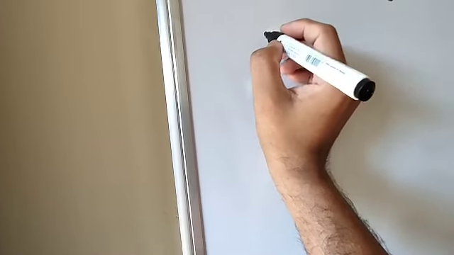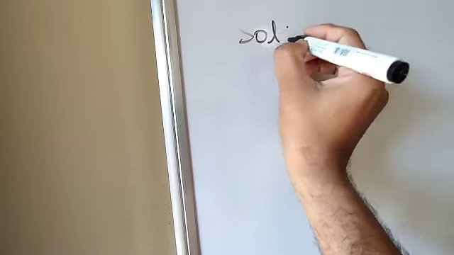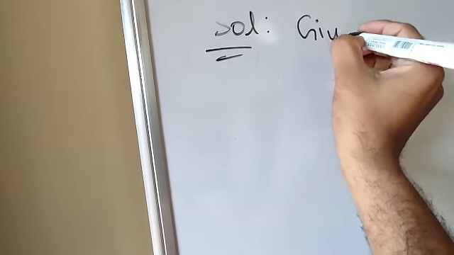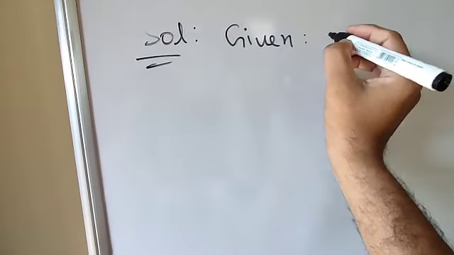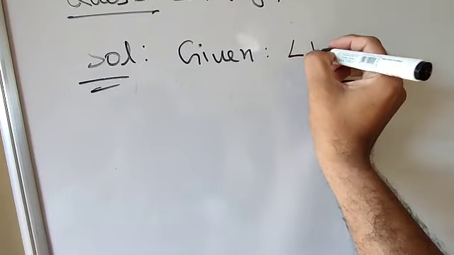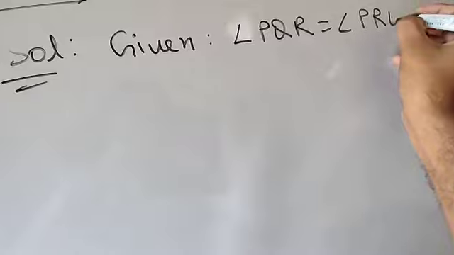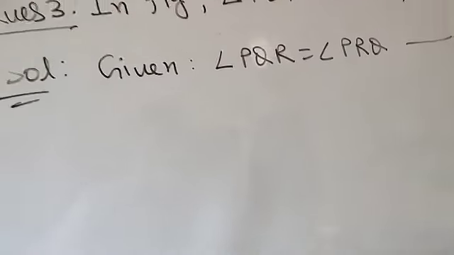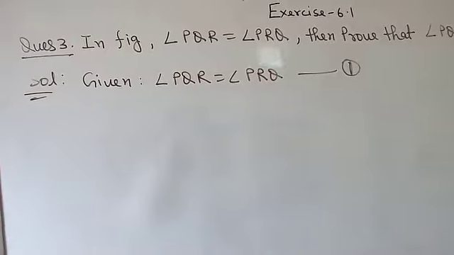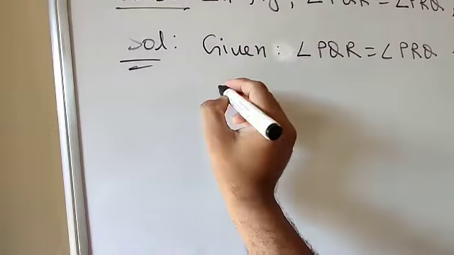So here, in the solution, what is given in the question? In the question it is given that angle PQR equals angle PRQ. That is given here in the question. So I am going to make it equation 1. Now, to prove,